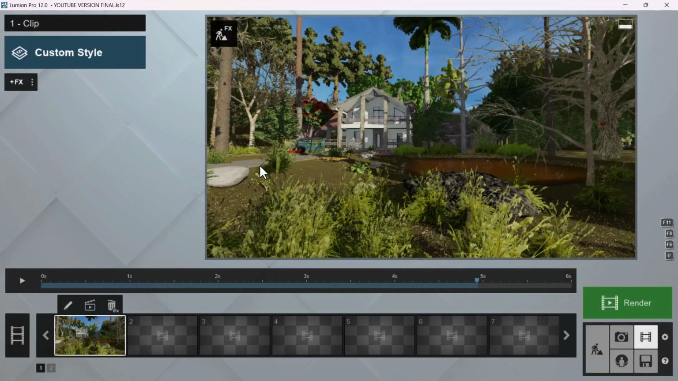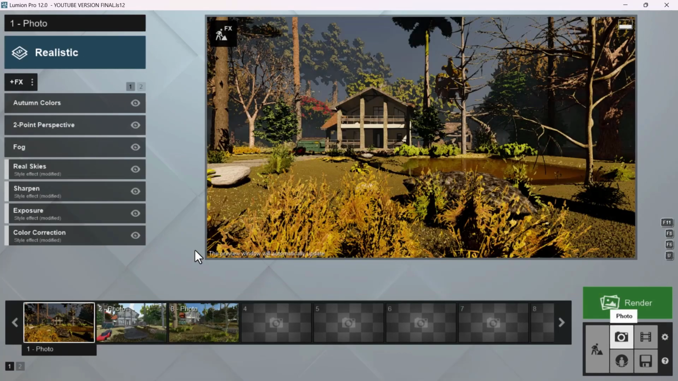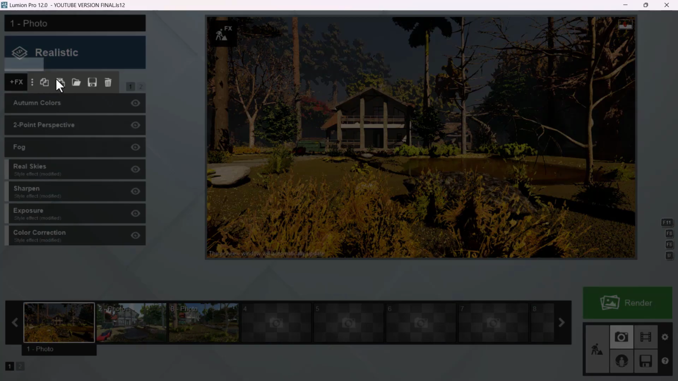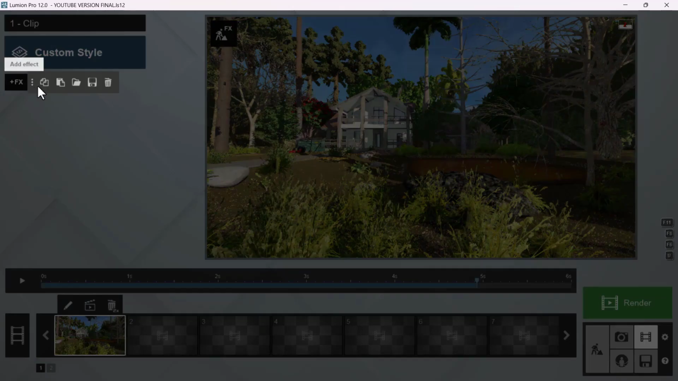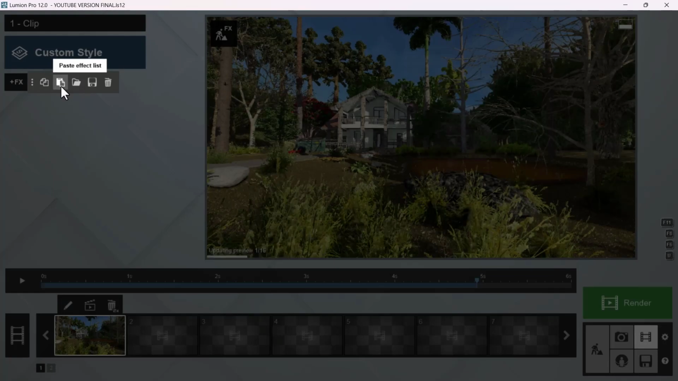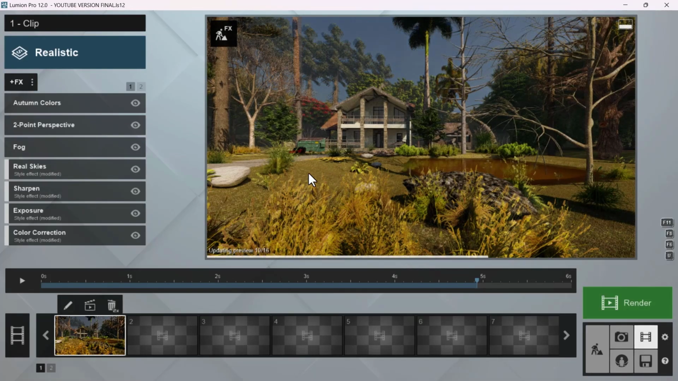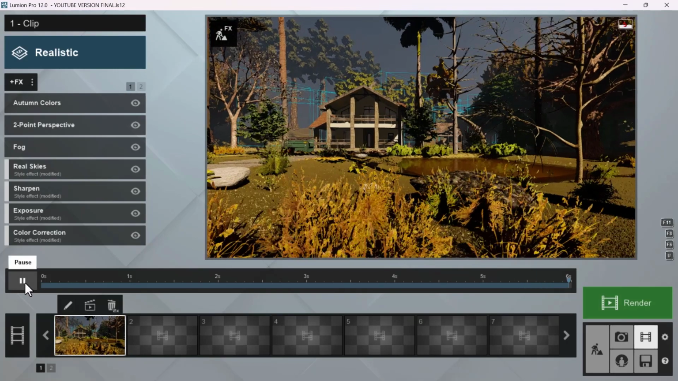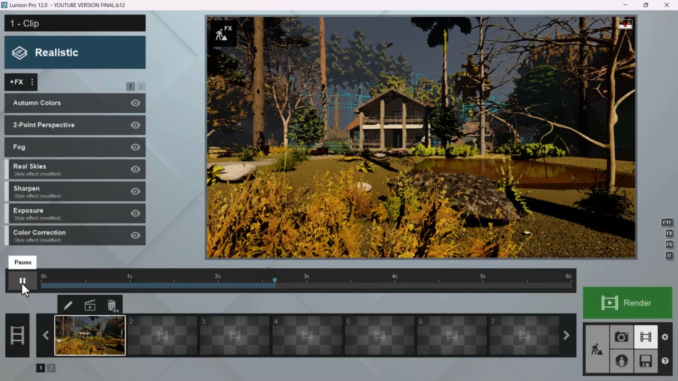All right, so I'm going to be using the same effect from my photo render. I'm just going to copy this effect, and then I come to the movie, and then I just paste the effect. So it's basically the same effect I'm going to be using for the image rendering. I'm only going to add